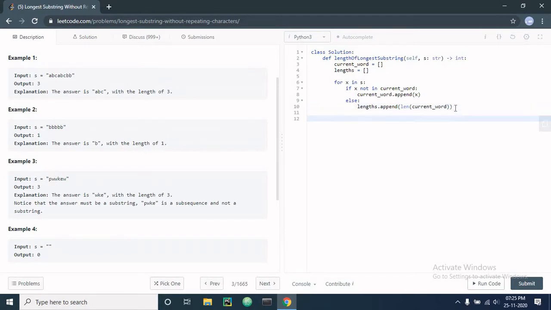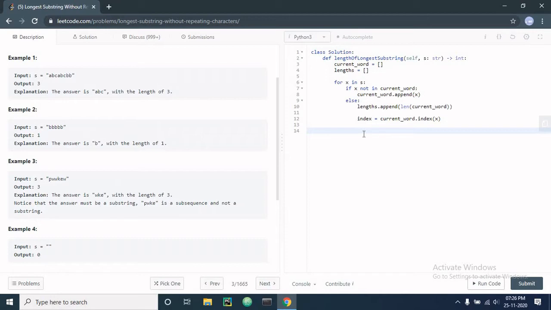Now we will find the index. I will say why we are finding the index, but please wait. As we found that W is in the current word, we will find the index of W, which in this example is 1.